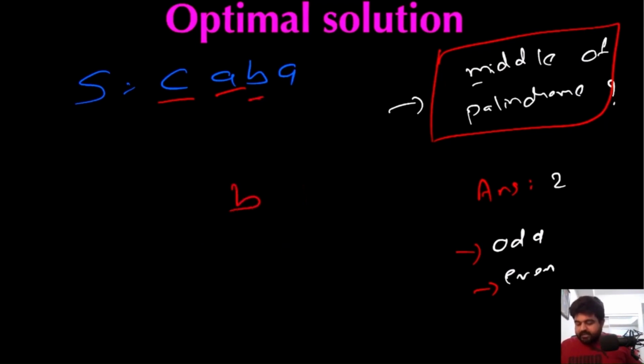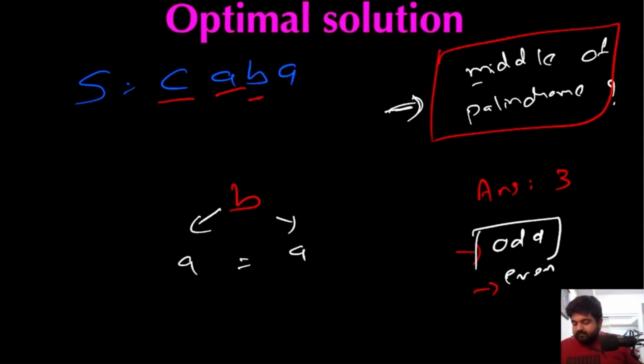Now this next value B is a palindrome in itself. So we will update the value inside our answer to 3. After doing that, we are going to check whether this could be the middle of any palindrome or not. So we will check the left and right value. Left value is A and right value is also A. So because these two are the same, we can define that this B is actually the middle of a palindrome,